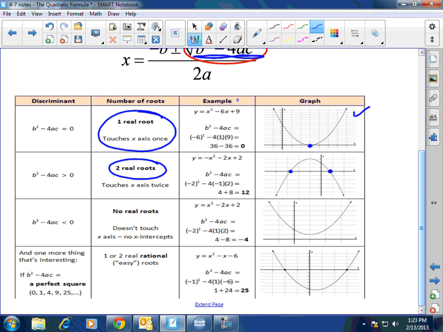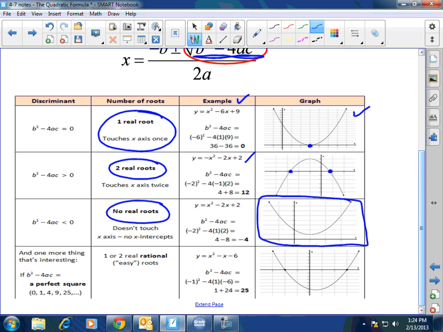These are just examples that you can look at later on your own. When b squared minus 4ac is less than 0, when it equals a negative number, there is no real solution. It never touches the x-axis, as you can see. Never touches the x-axis. Okay? And last but not least, one more thing that's kind of interesting. If b squared minus 4ac turns out to be a perfect square,